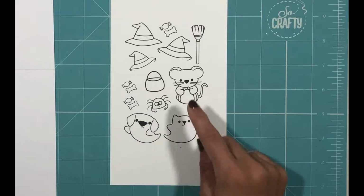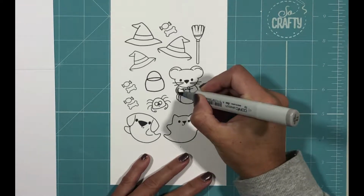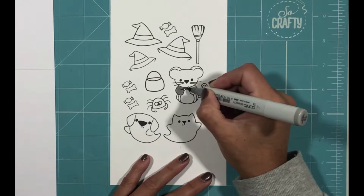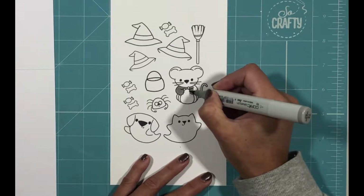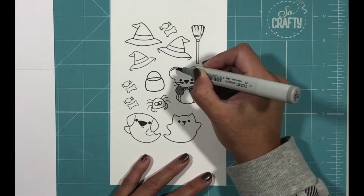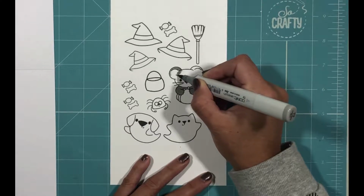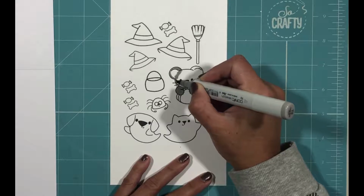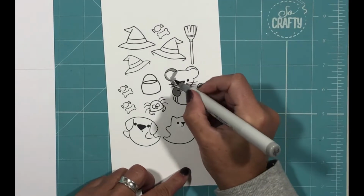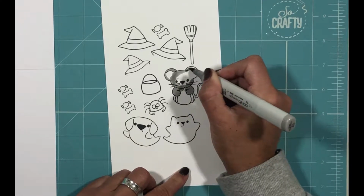I'm just going to colour this little guy up now in shades of grey. So I'm going to use my T3 Copic marker first, and I've printed this onto super smooth paper. My printer doesn't take heavyweight cardstock at all, so I do have to print on paper. So this is about, I think, 100 to 120 GSM, and it's a really nice quality of paper. So it doesn't feel too thin, but obviously you will get your Copic markers transferring through to the back of your paper. So I'll just show you that you can see the bleed there, but that's pretty standard with card as well. So we'll just put in our first layer of colour down,